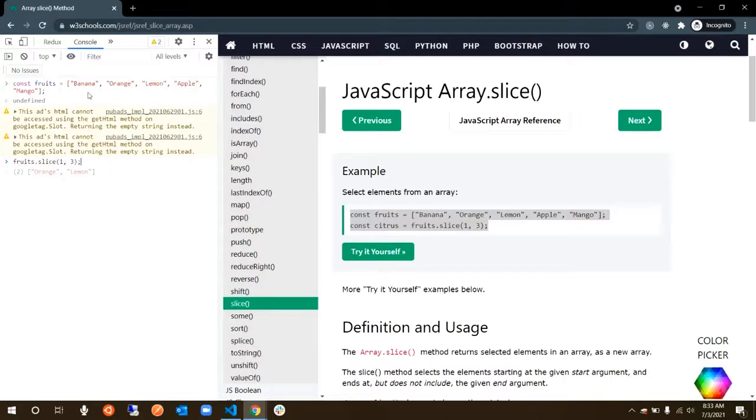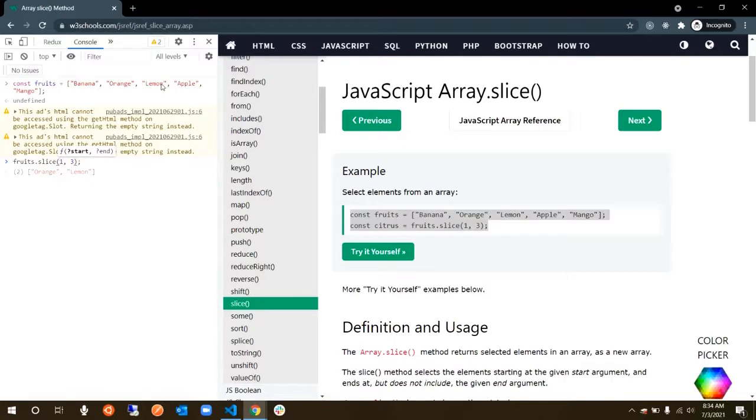What is happening is the 1 stands for the starting index, but 3 stands for before the ending index. It does not stand for the ending index. Banana, orange, so 0 and 1, so from 1 you're getting it.